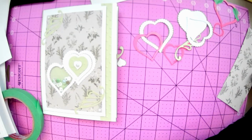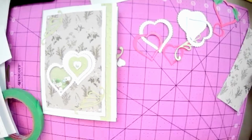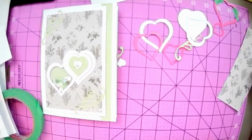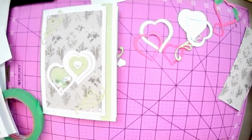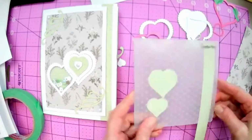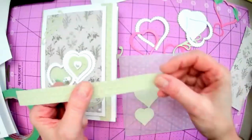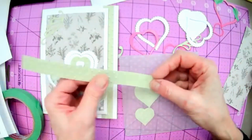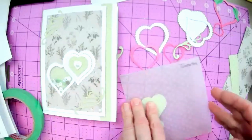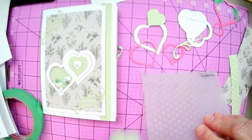Hopefully people can see, I just kind of hold it as I run it through my machine to keep it in that space. All right. So now I've avoided, you can see there's no little line there, but now what I have to do is put it back through, line it up,